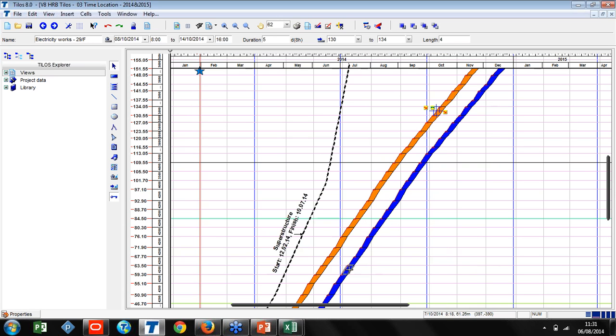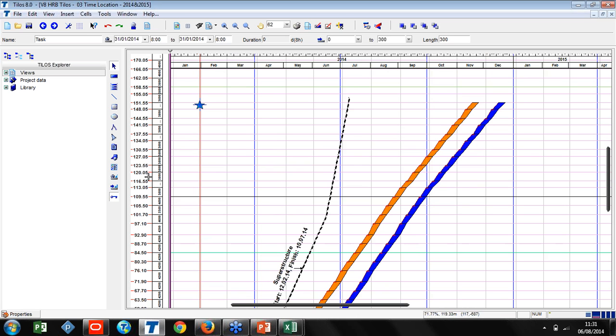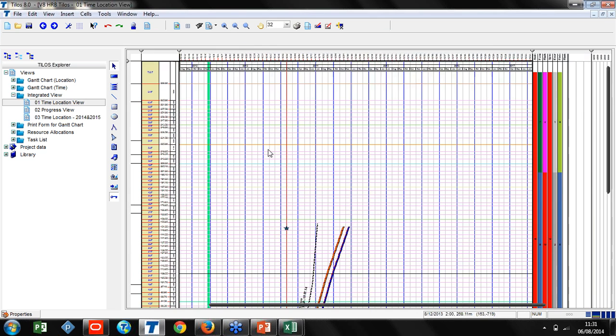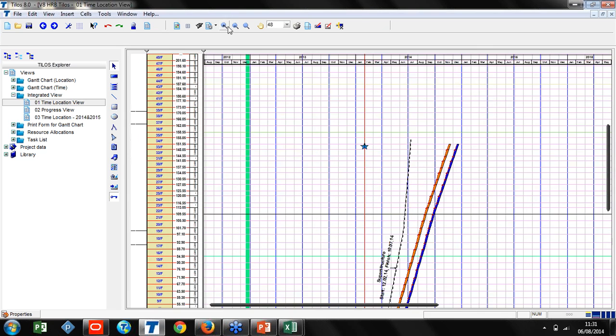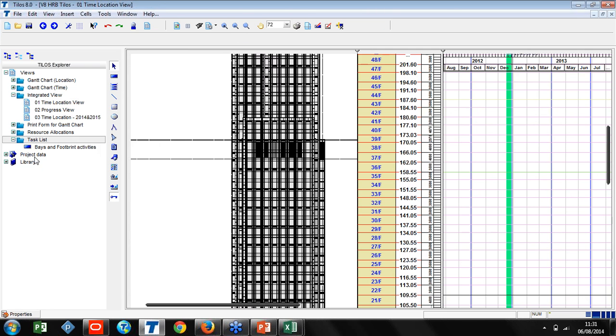So here we will also be able to balance our resources, because on our resource histograms, which I am going to show in a moment, we will be displaying the exact resources based on time as well as based on our floors. Let's look at the other views we have. In the overall view, the time location view, it was for all years, but now, when I look at the overall, just my activities are here. And I will show you a completed sample project, but before that,